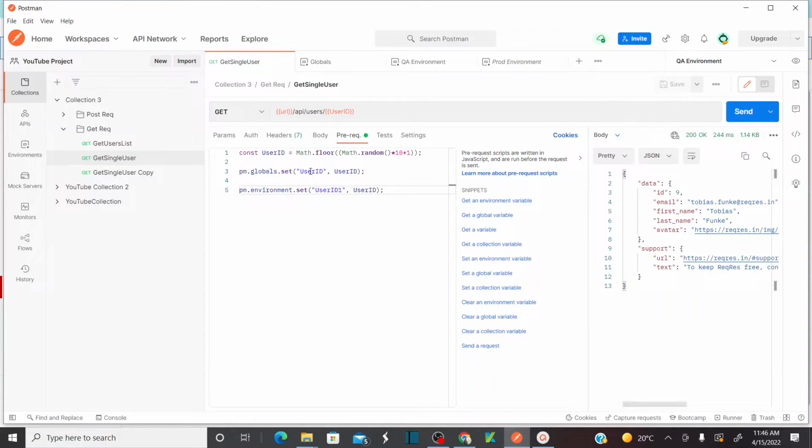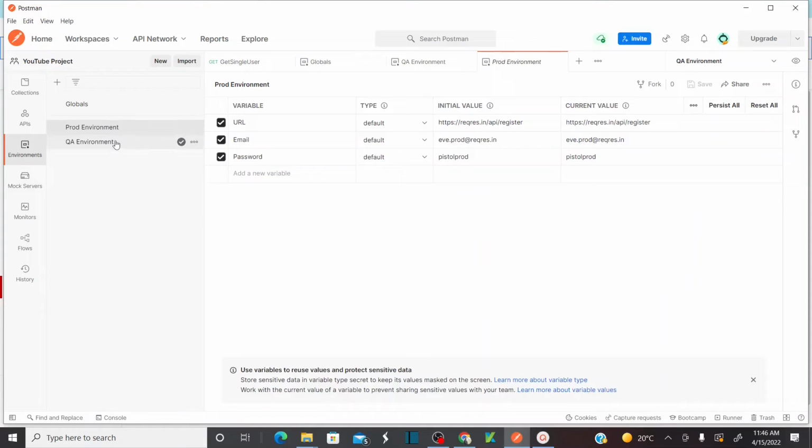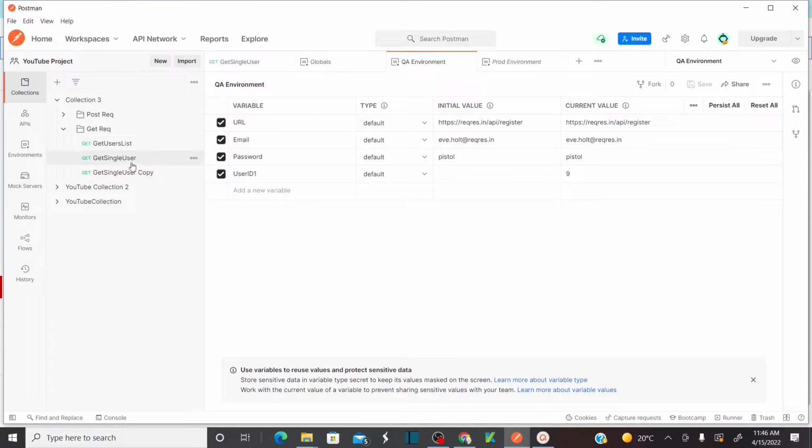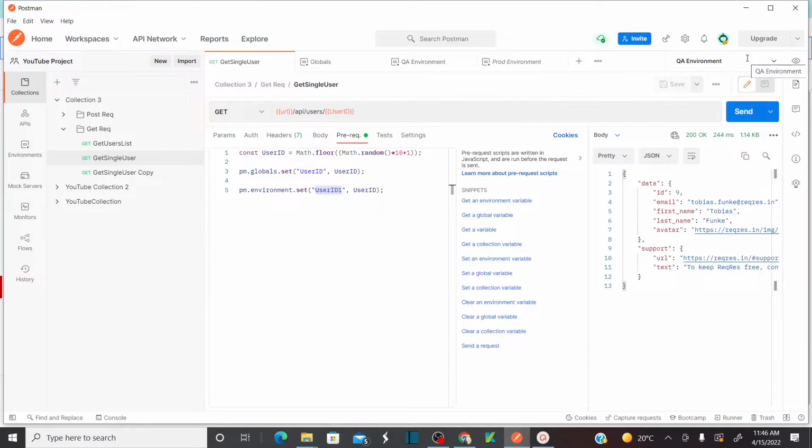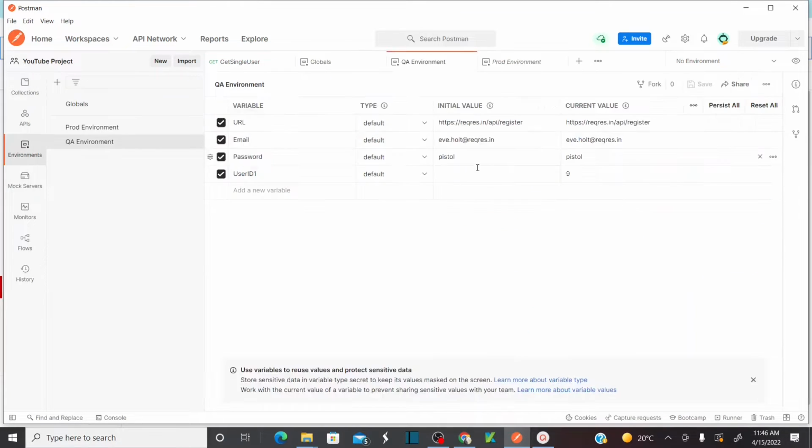So now it should create a global variable user ID, and it should create an environment variable called user ID 1. If I go to environment, but which environment? It created it under the QA environment. If I go back here, you see, because I have selected the environment as QA, that's why. Let's assume I don't select any environment. Let's go back to the QA environment and delete this environment variable,